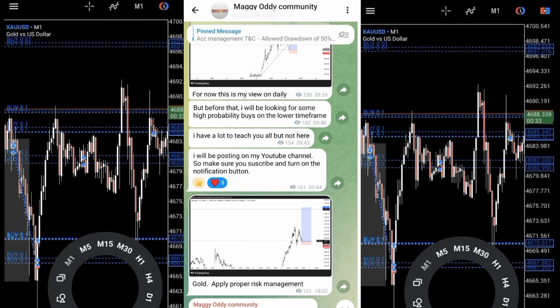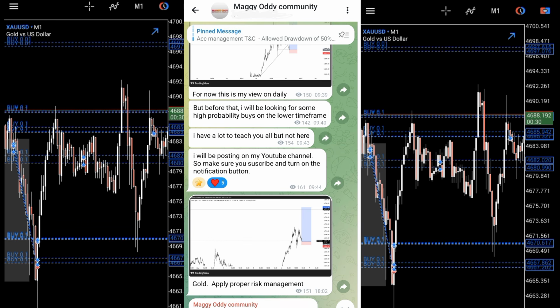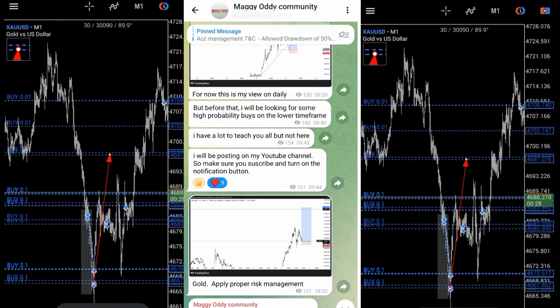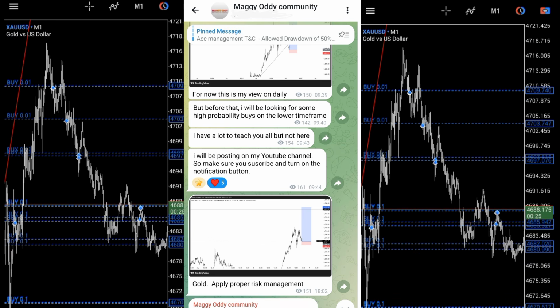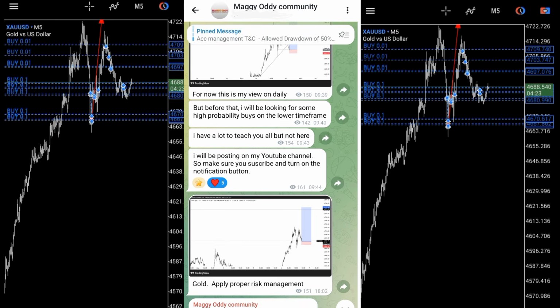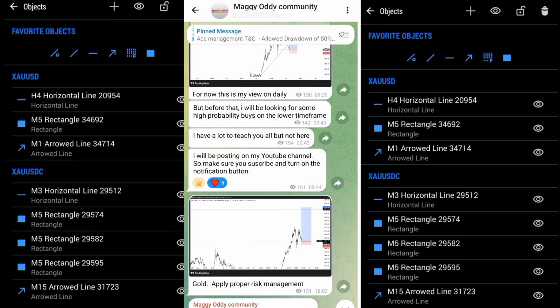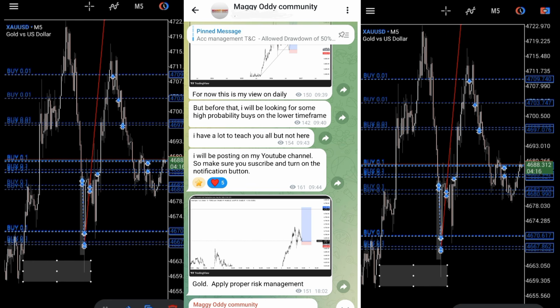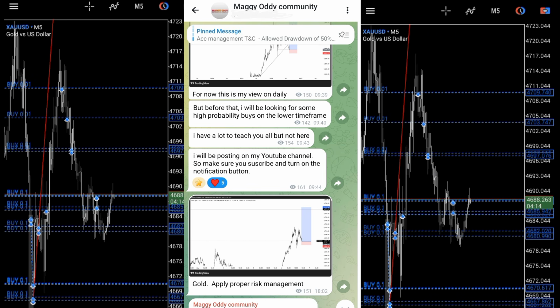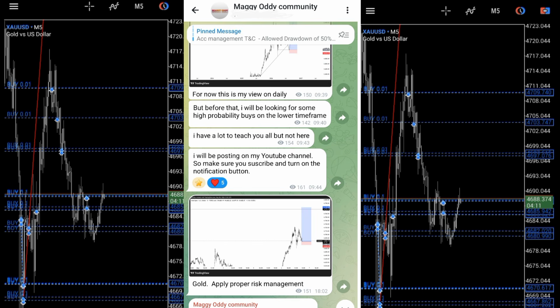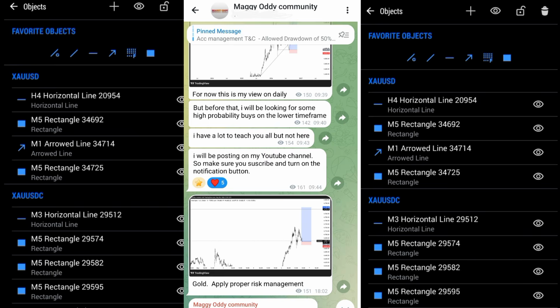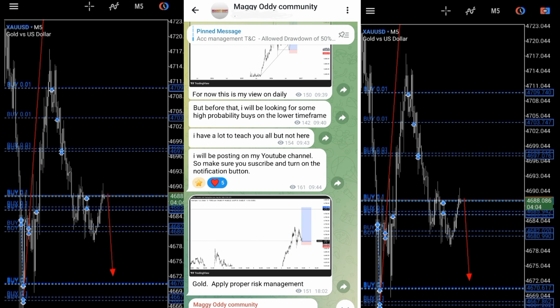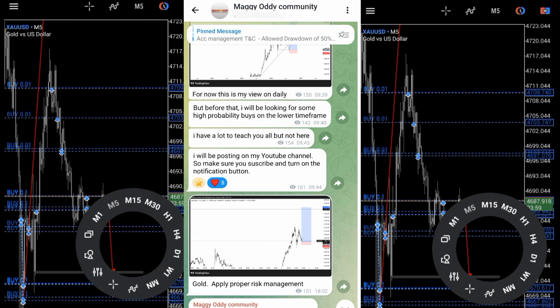I re-entered so quickly, and as the market was going, I reduced the lot size and was adding a little bit of trade there, but I piled up a lot of trades at that zone and price did as we were expecting. But for now, I can actually see a buy. As you can see, I sent this signal right here. You can see I sent this re-entry signal, but then I kind of got confused, and I'll be closing this trade right now. But you will see later on that price respected our analysis and moved as expected.